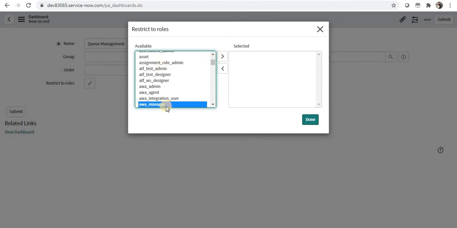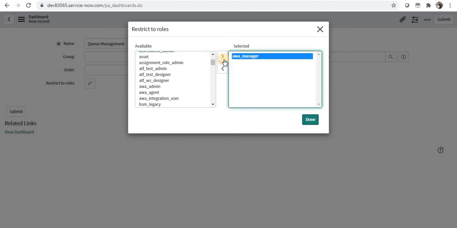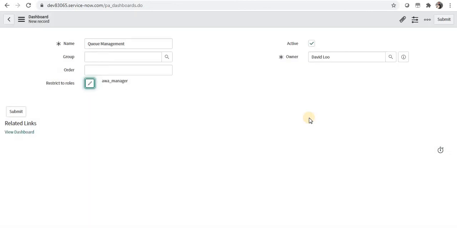This is the role assigned to all the managers of the chat groups. This step is not mandatory, so you can skip it as well. I'm just putting this role because nobody else will be able to see this dashboard except the people who have this role. So you can share this dashboard with other queue managers as well.